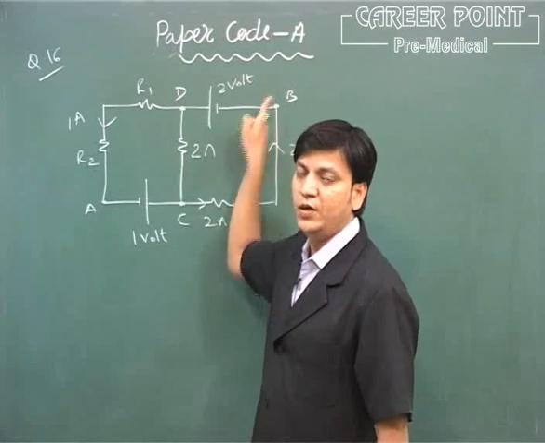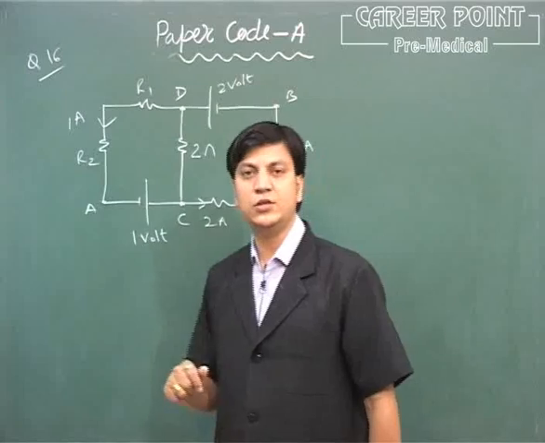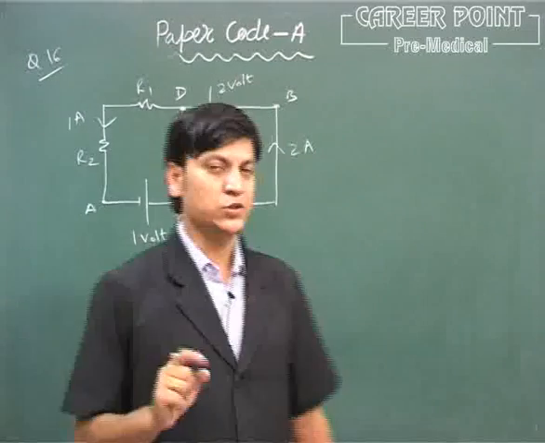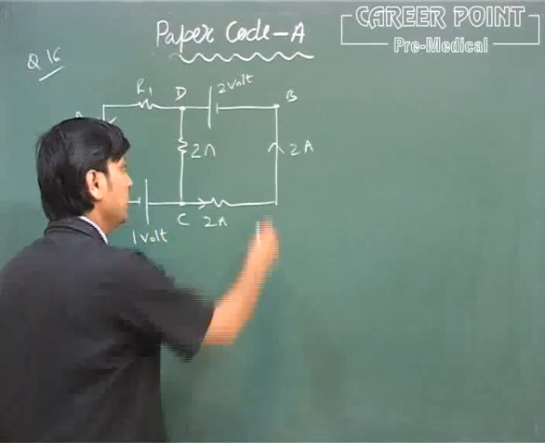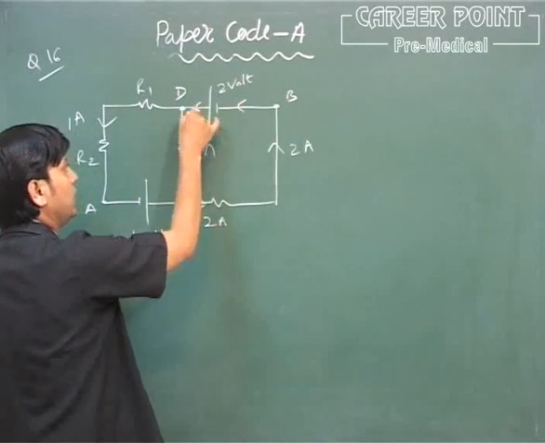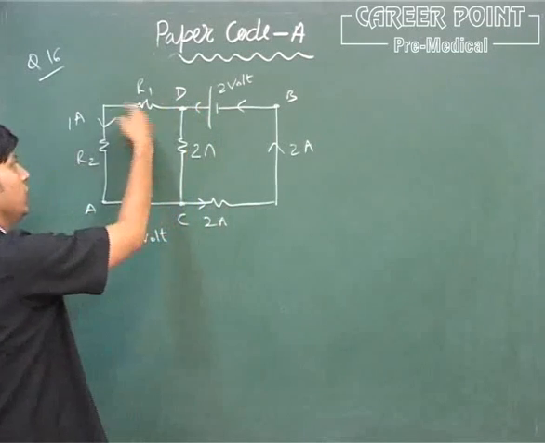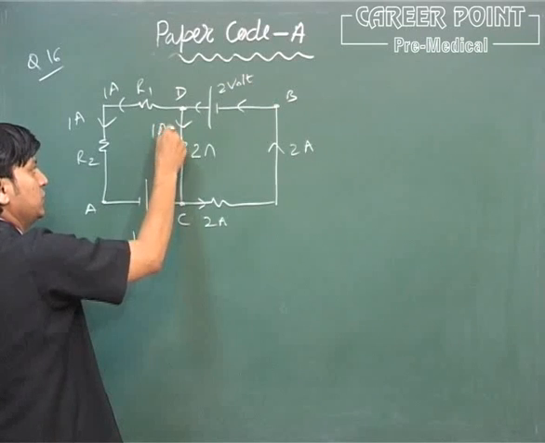point B. Definitely for this we should use Kirchhoff's law, and in this question KCL and KVL both are used. First of all, we should use KCL for distribution of current. Check it here. Here current is 2 ampere, so 2 ampere current is flowing in this way. Here the current going in this track is 1 ampere, so the remaining 1 ampere current is flowing through this track in this way.